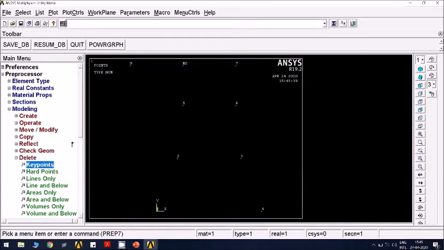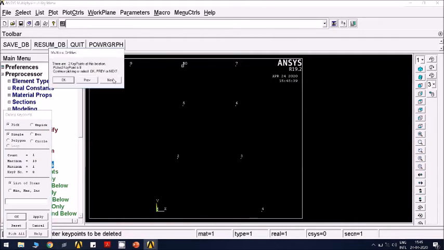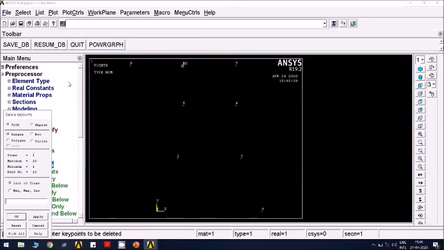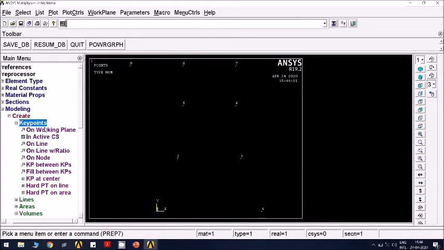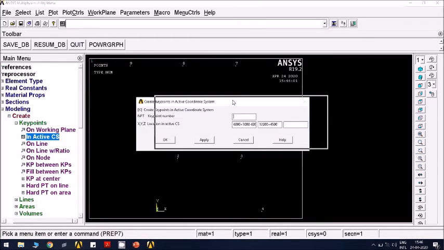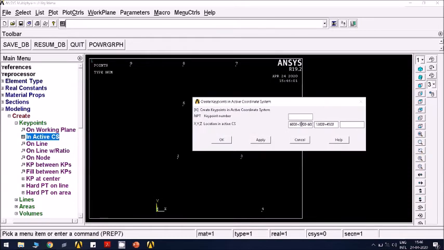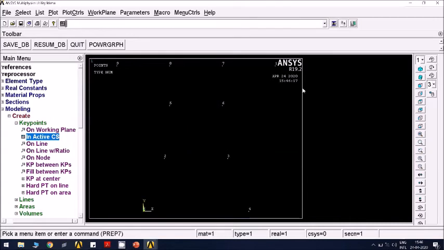I'll delete that extra key point. Create key points active CS. Last point should be 6000 plus 3000 plus 6,000. So all the points are created.